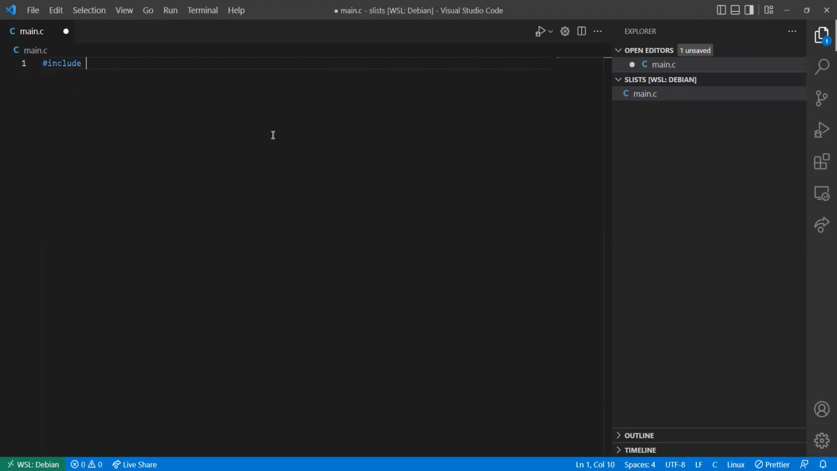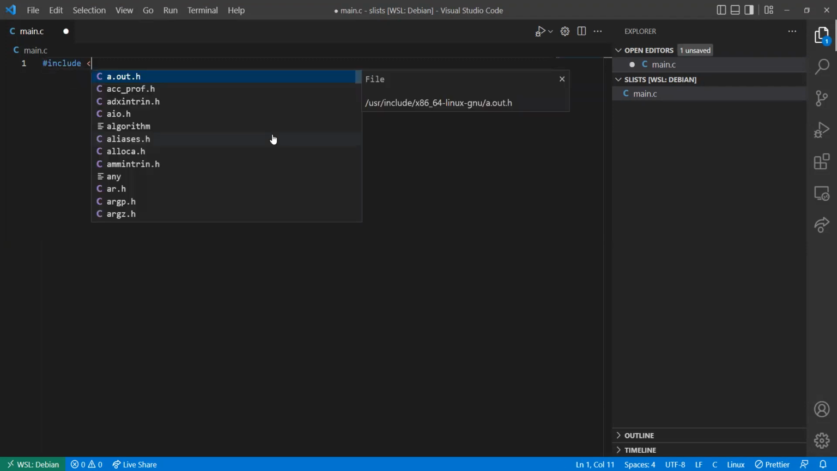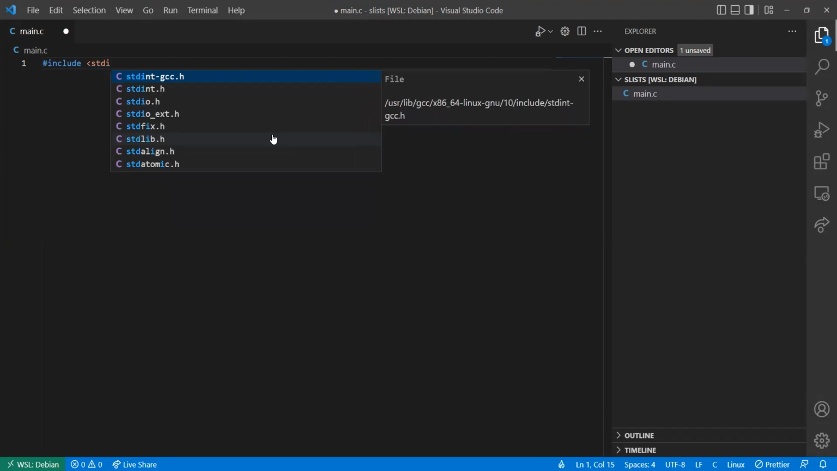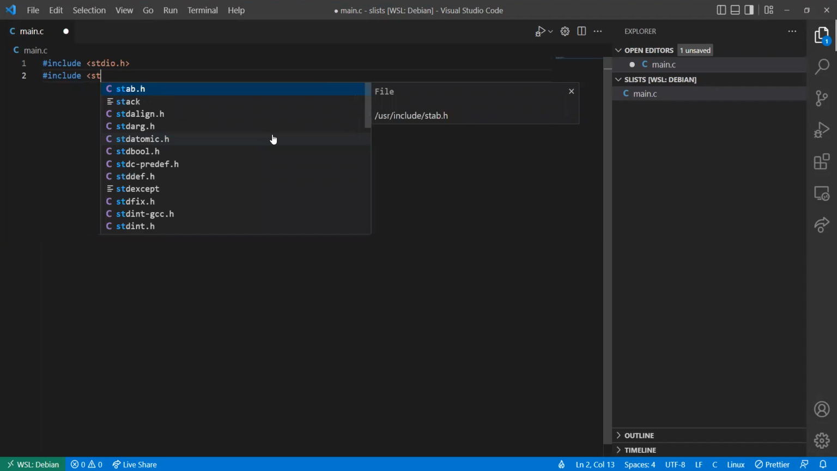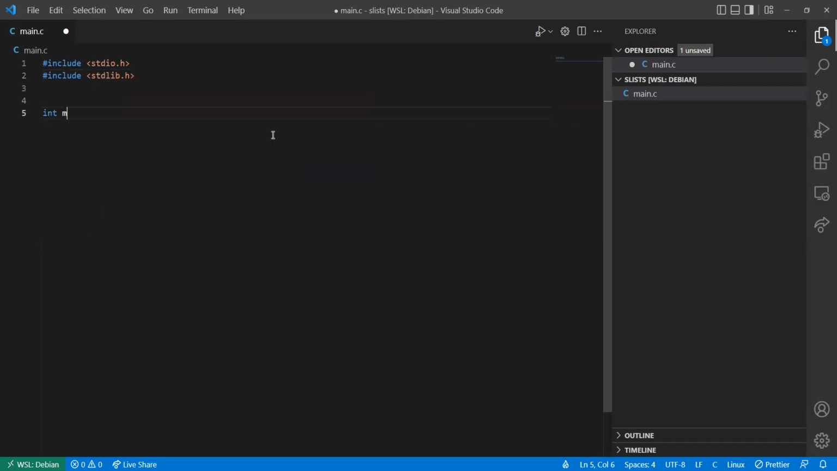So let's start by including the libraries like the stdio library and the stdlib library. Then define the main function. We don't intend to receive any argument, and the function will return 0. Great. So now let's say we want to represent something like